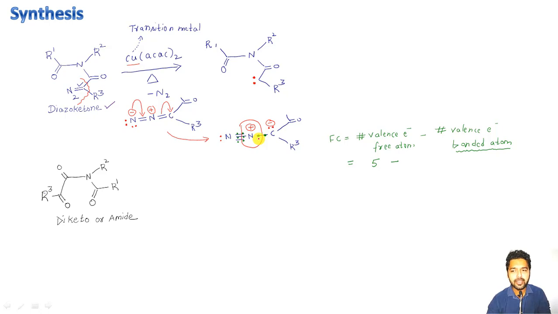It is not free here, right? So what I need to write here is number 4, because these are 4 in number, which is giving me a +1 of formal charge, which you can see right here, right? In the same way, for this carbon atom also, we can calculate the formal charge, and that will be what? The number of valence electrons on the free carbon atom, which are 4 in number, minus the number of valence electrons in the bonded carbon atom, which are how many in this case?